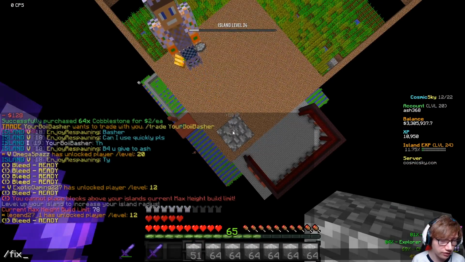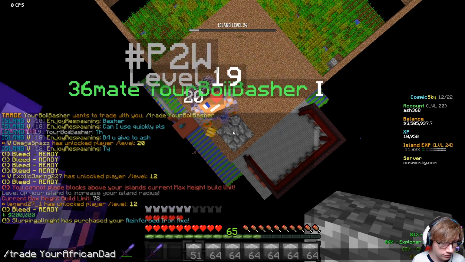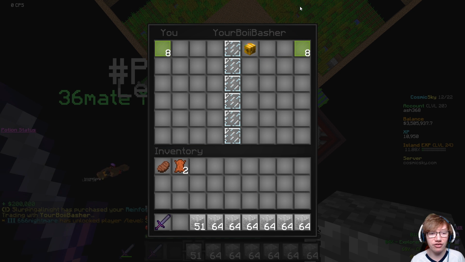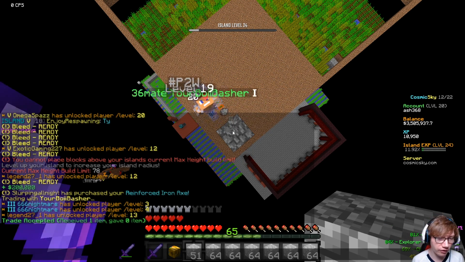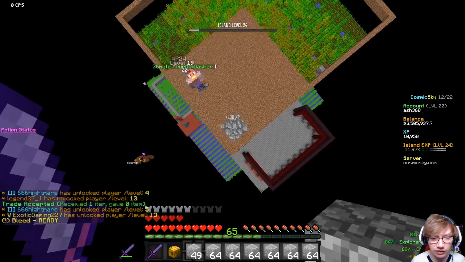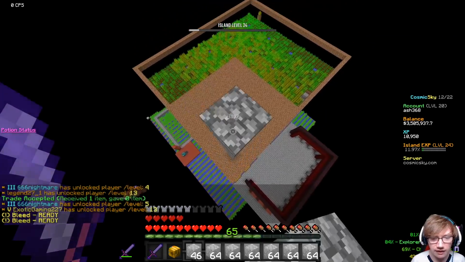Also trade. Hey, thank you, Basher. Someone bought my reinforced... Oh, someone bought my axe. Wow, that axe has been... I've been trying to sell my double-socketed axe I got for the longest time ever. The only reason I haven't been selling it is because apparently you can craft stuff with sockets on this season. So yeah, sold for 200k. Nice. Thinking about that, maybe you can't...